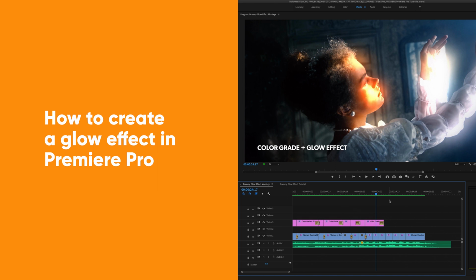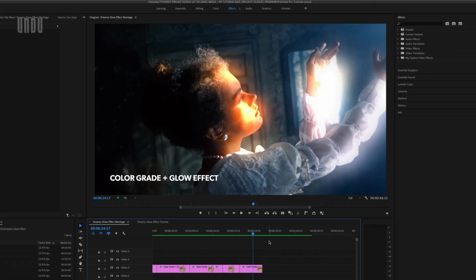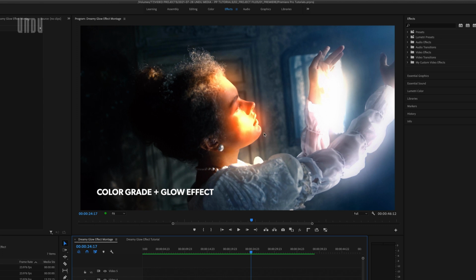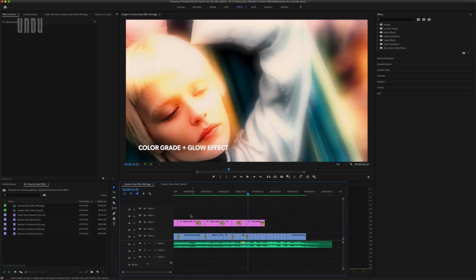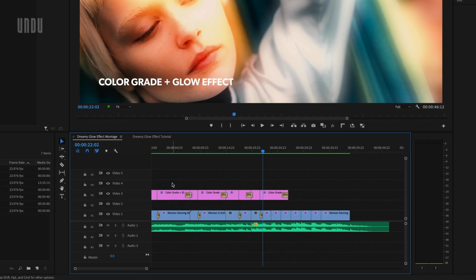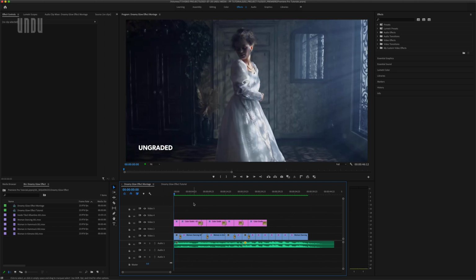In this tutorial, I'll show you how to create a dreamy glow effect in Adobe Premiere Pro. So this is a fairly easy but very cool way to add a glow effect to pretty much any footage in post, and there's really no end to the types of glow styles you can create. I've got a short before and after sequence set up here already to give you an idea of some of the types of glows that are possible with this effect. So let's give that a look.